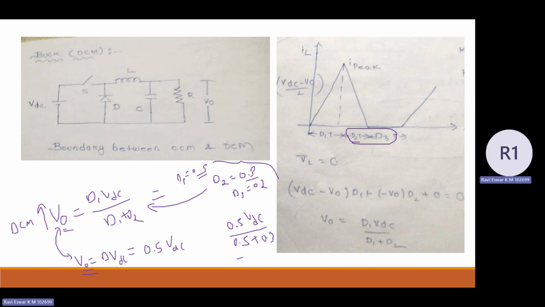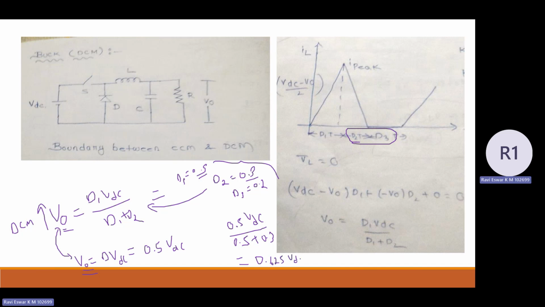Now you can check in the calculator: what is the value of 0.5 divided by 0.5 plus 0.3? From this you can check that the output voltage is coming as 0.625